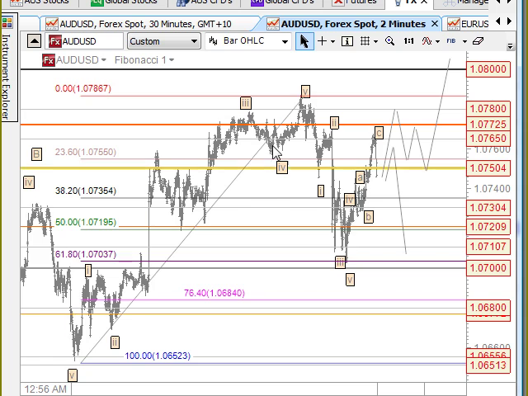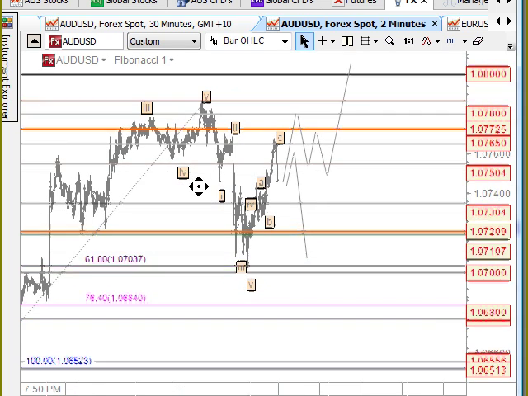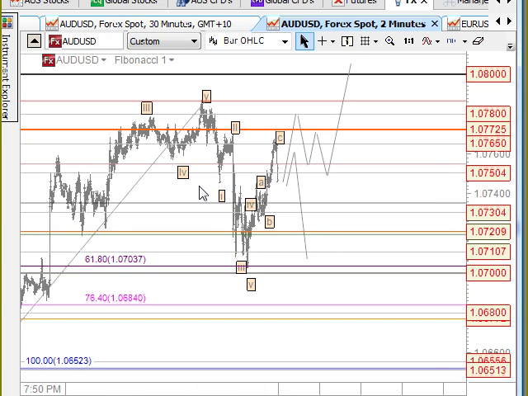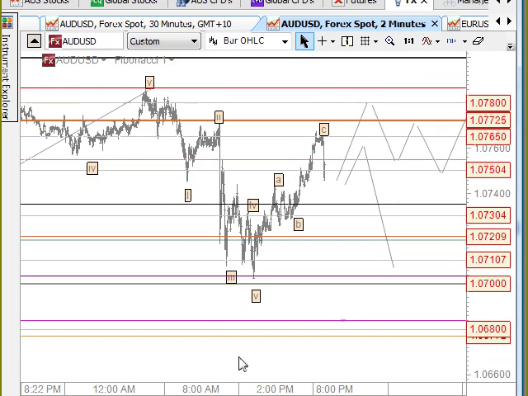If this is 5 waves up through here as part of the bigger picture, then after 5 waves you get a 61.8% pullback. So from this high here down to this low here, this is our 61.8% pullback. That comes in nicely here. So we've got this structure coming down through here. I think this is just part of the A wave though. So from this 5-wave structure, we're looking for an ABC, very much like what we're looking at on our ASX 200. It becomes interesting at this point because they have been moving together. So it appears that we've got 5 waves down through here.